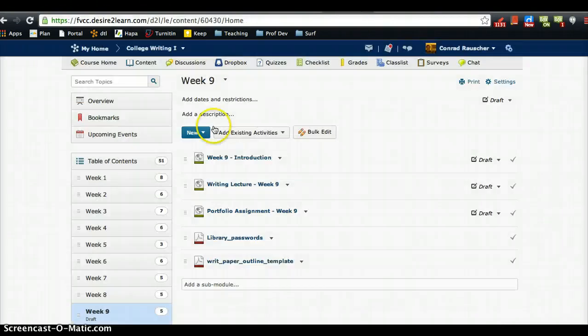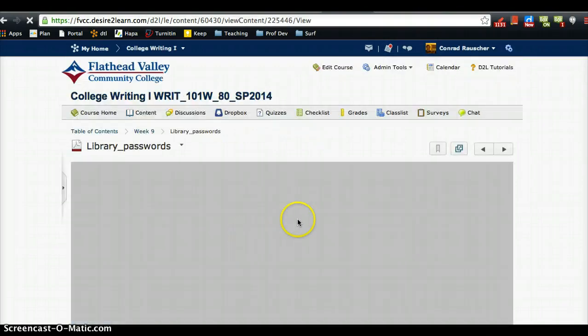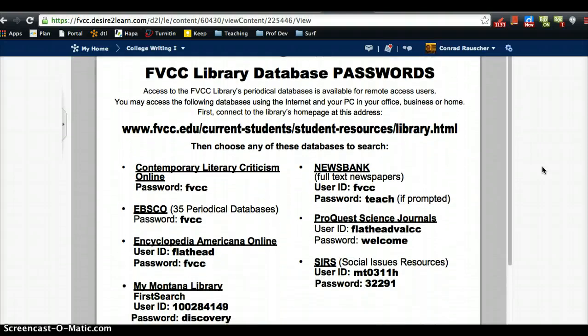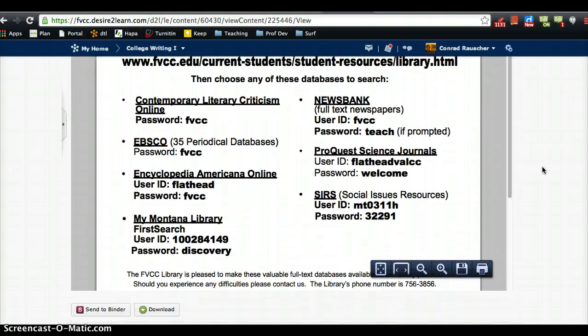If you navigate back to week 9, you'll notice library passwords right here is a PDF. When you click on that, it'll open up and you'll have all of the passwords for all of those resources that I just reviewed with you, or at least the ones that need passwords. Now, for those of you who spend some time on campus, you won't need any of these passwords because when you are on campus, it'll automatically recognize that you're a student on campus and it'll log you in. However, when you're off campus at your home, you'll need to be using